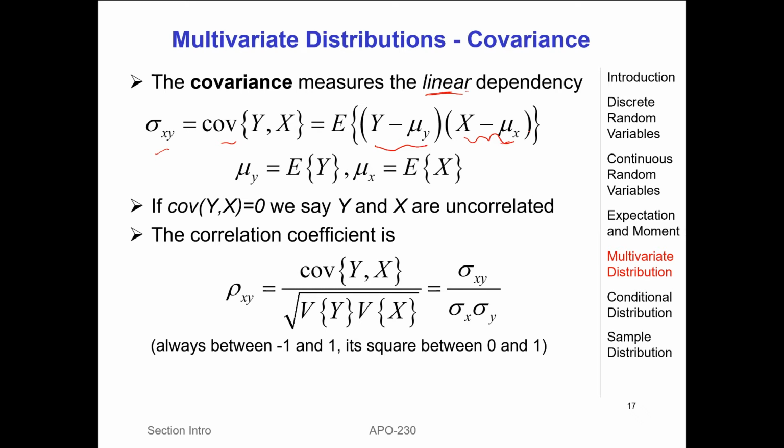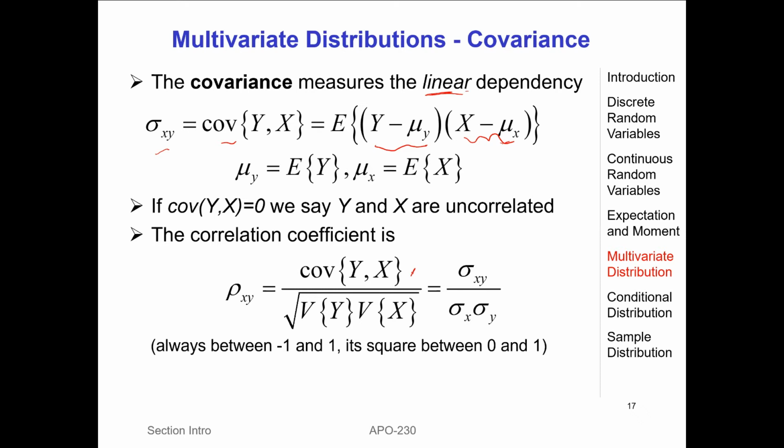We also say that y and x are uncorrelated if the covariance, or this expectation, equals 0. You may have heard about that already. But I will show you why that is the case, or what the implication of that is, shortly. Let's just finish this slide first. Then we also have the term correlation coefficient, which is derived using this covariance and the standard